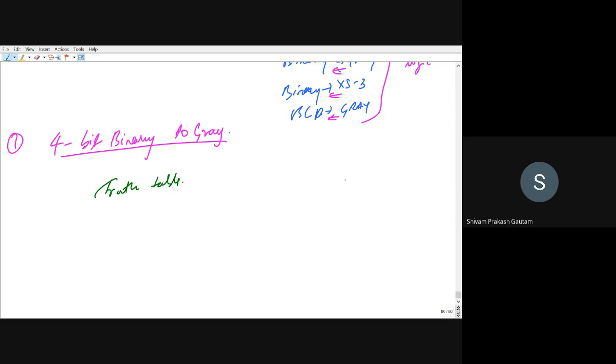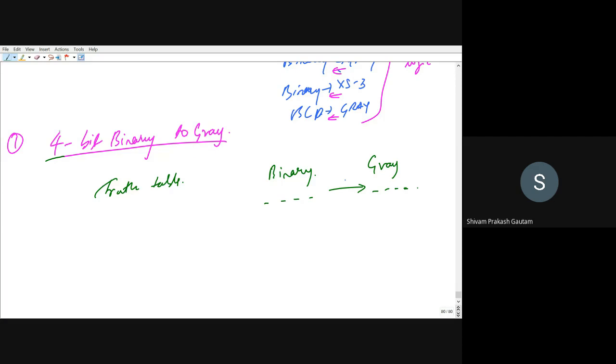And in that truth table, what will be there? Suppose right now we want to make 4-bit binary. So on one side there will be binary, and on another side there will be the equivalent gray, because we want to make binary to gray. What will be the equivalent gray of that 4-bit binary? So we have to first make that truth table.